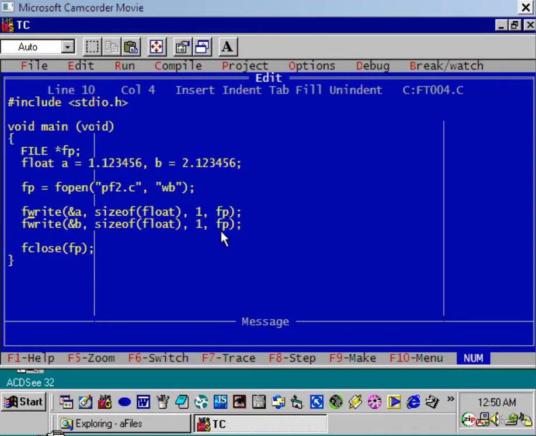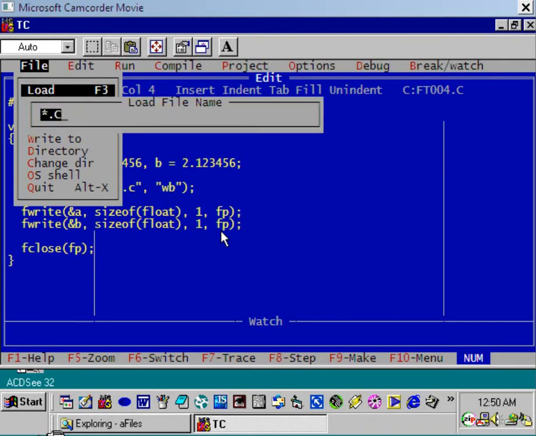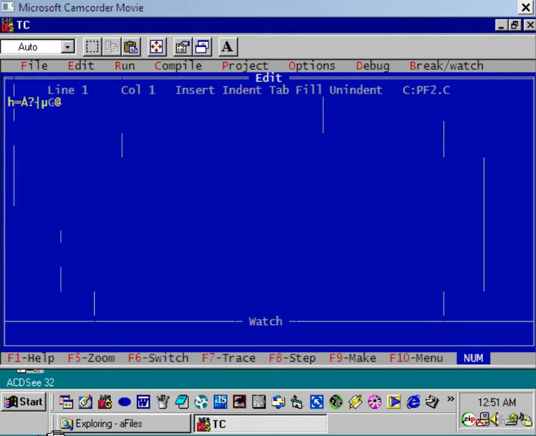Now let us see. Just press Ctrl F9. So the program is executed. Now open the file pf2.c to see the content. See, we cannot watch the content.